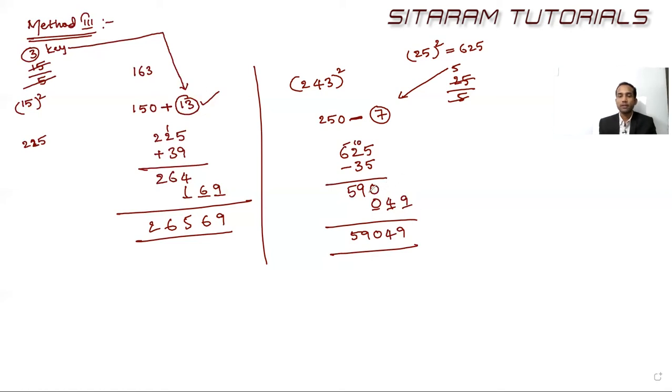All right. So in the second method, even though that method is very fast, actually if the numbers are near 50, that method becomes a little longer. So this method works very fast. That's why. All right. Especially when the numbers are near to 50. Let's go for another example.